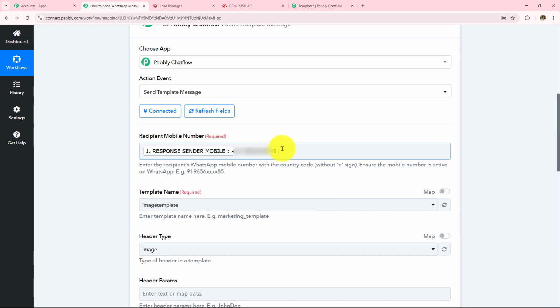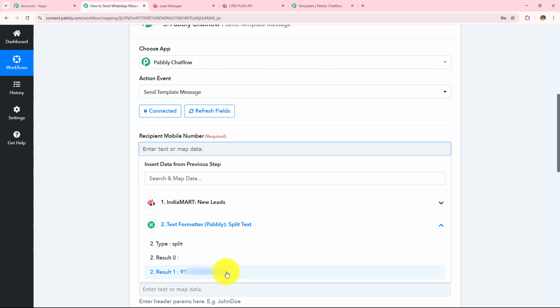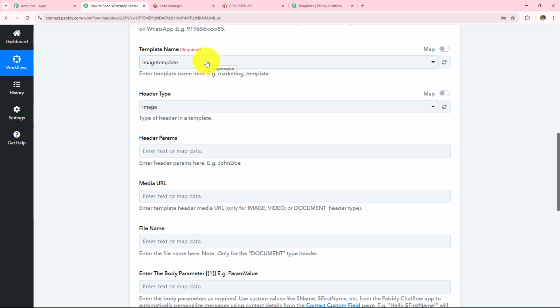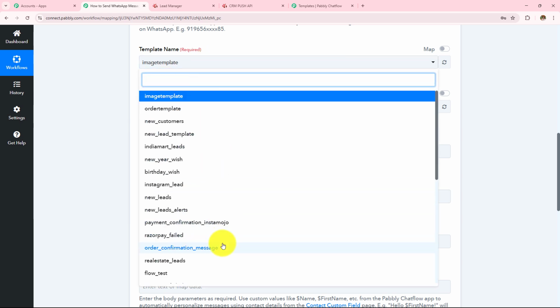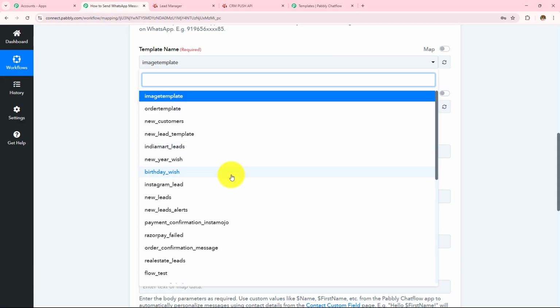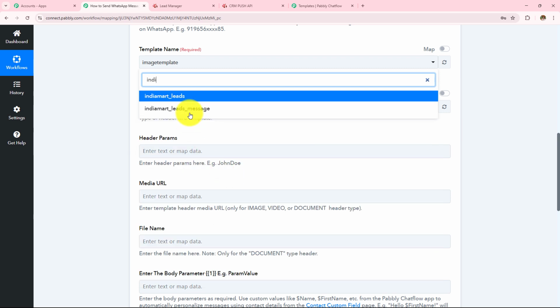action step. So here I am going to remove this, and then I am going to go to my text formatter response from where I have received this phone number without the plus sign, and I am going to map that. Next I need to enter my template name. In this drop down you can find all the templates which have been created. Here, as you can see, the name of my template was IndiaMart leads message. So I am going to go to my templates, and here I am going to search for this IndiaMart leads